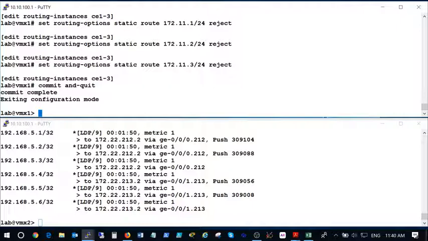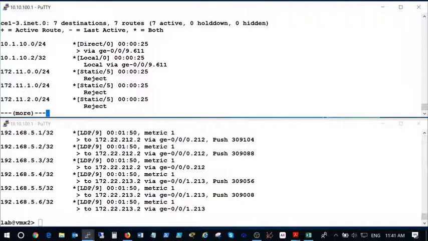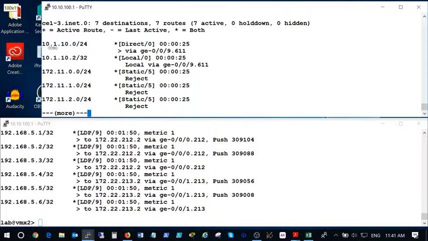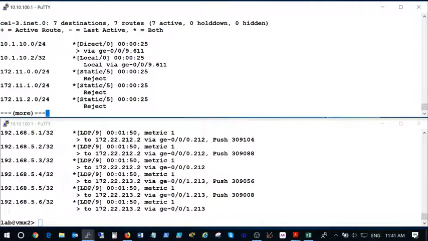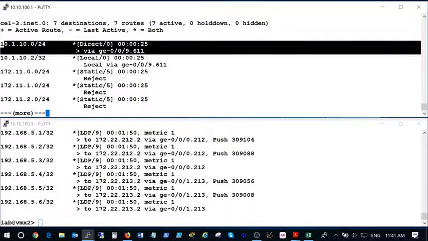So we want to take a look at our route table now. The route table of our routing instance, which is going to be CE 1-3. So we want to look at, there it is there. So that's what we expect to see. We expect to see our interfaces, which is those there, GE